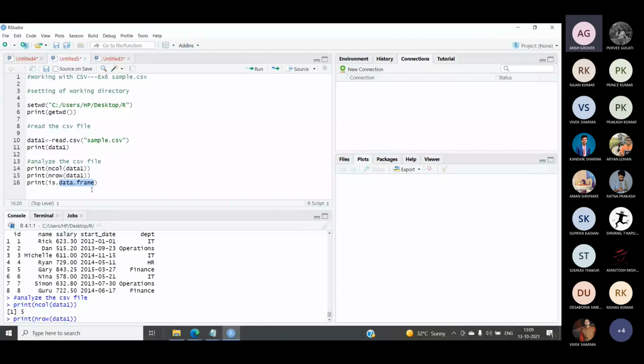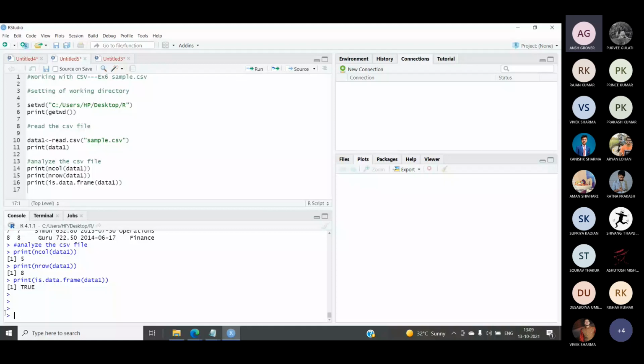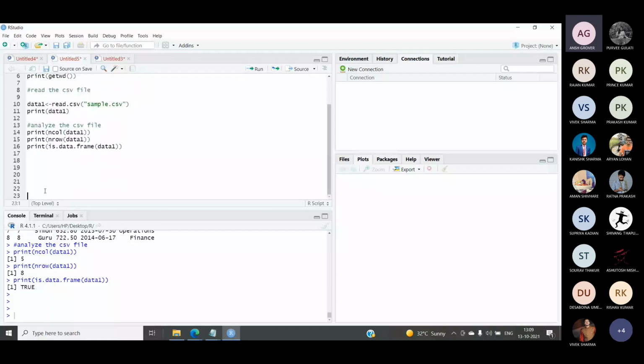Inside this function, I will use the name of the data frame, data1. So let's check. It is returning TRUE. It means the file that we have imported is of type data frame. So we have validated and confirmed that the data file is presented in the form of a data frame. Fine. So let's proceed further.